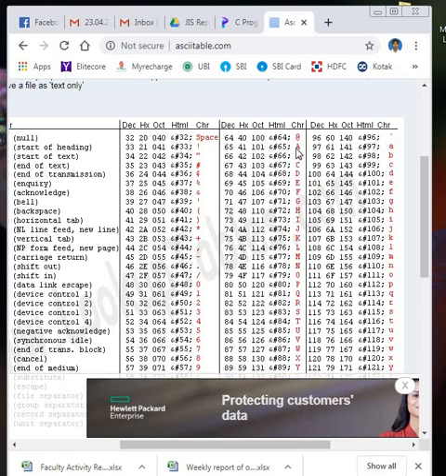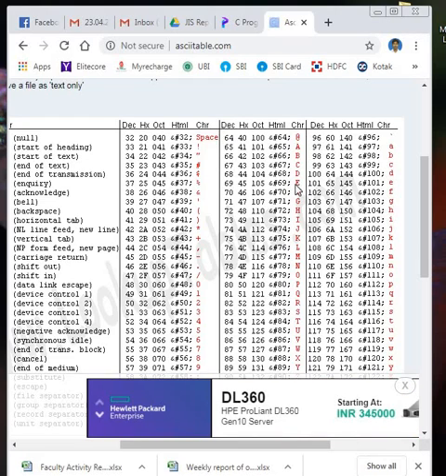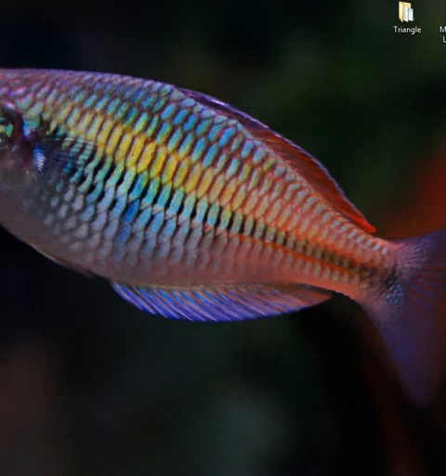See this, the ASCII value of character A is 65 in decimal, and the ASCII value of E is 69 in decimal. So 65 for A and 69 for E, just remember that value.